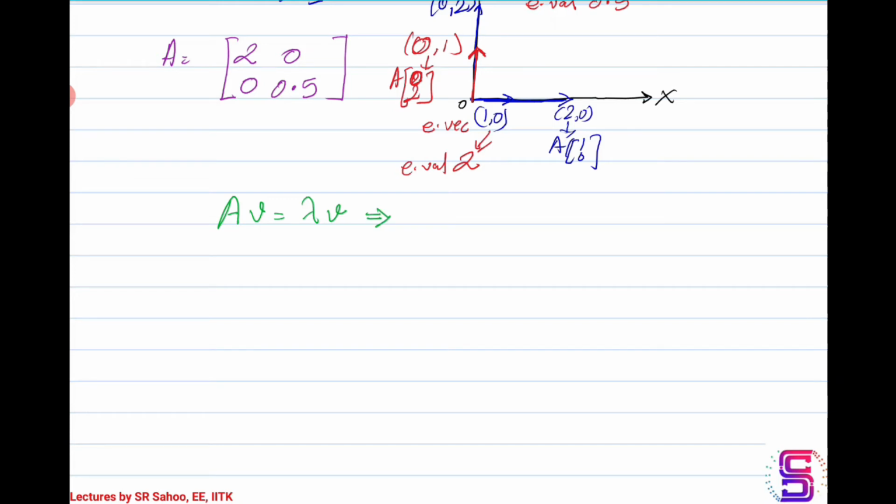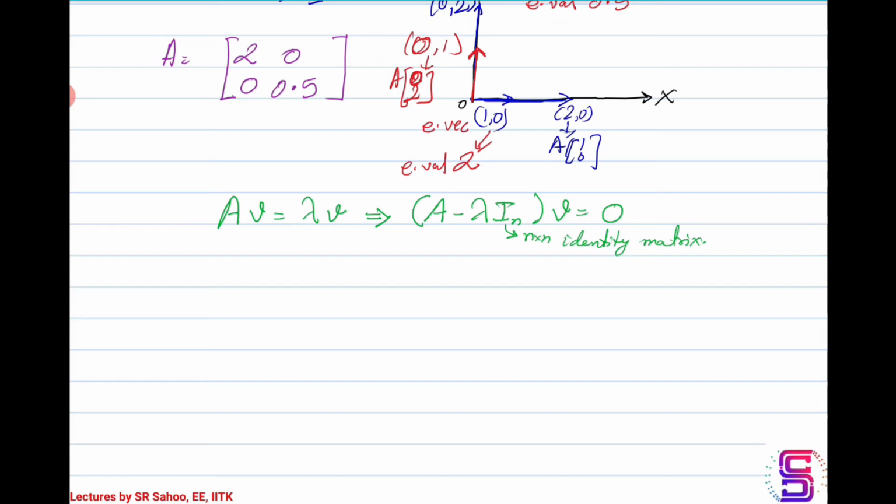This essentially implies that this should be true, where In is the n cross n identity matrix. Okay, so this is an n cross n identity matrix. Okay, let's stick to that. Now, if this has to be 0, then,